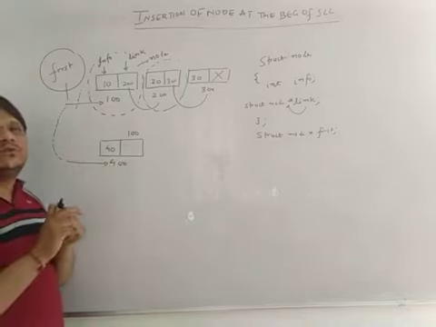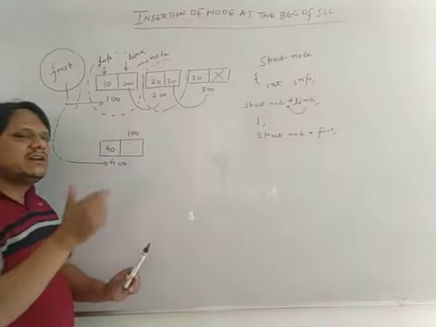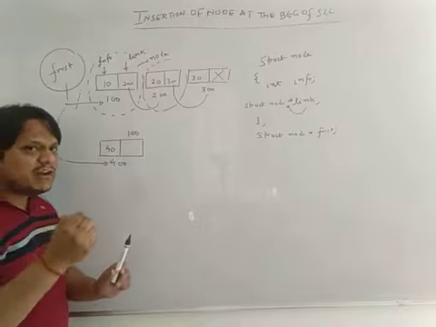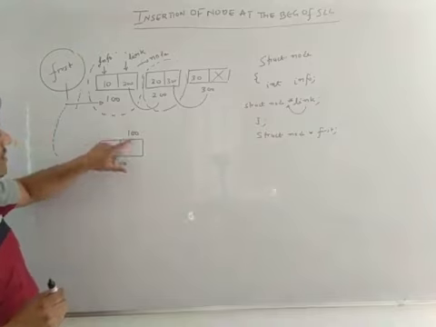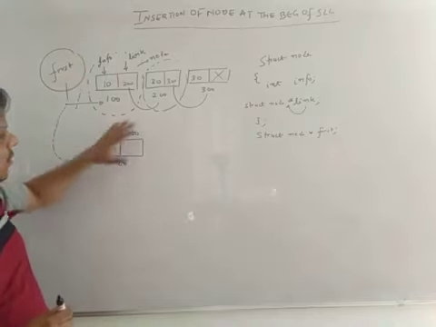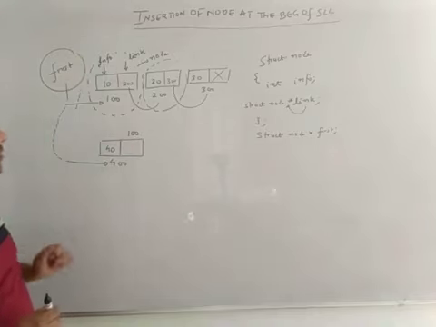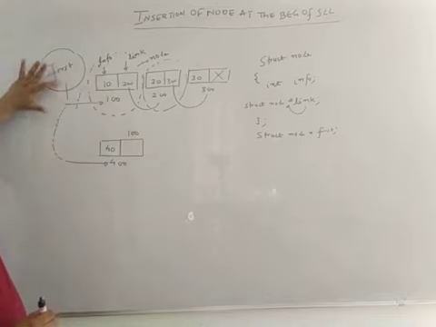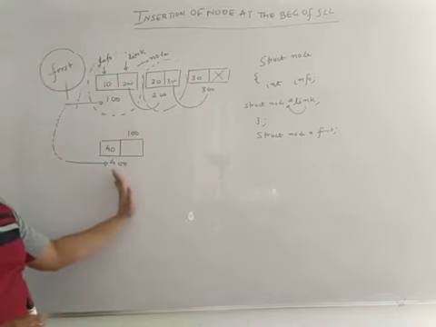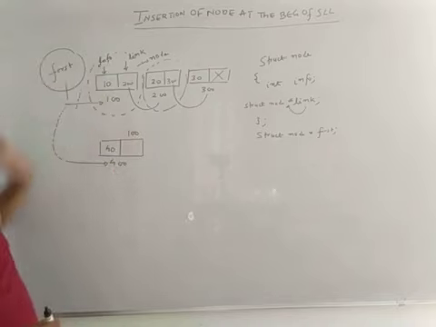So three things you have to do basically. First thing, you have to create a new node. Once you have created a node, in the link part you have to insert the address of the first node. Okay, this is also done. Now the third step: you have to assign the first pointer to the address of the newly created node. So this becomes the first node of the linked list.